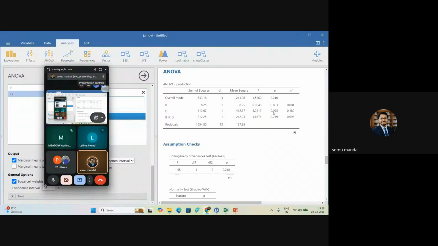So at a 90% significance level, please try to understand, irrigation area, so applications of irrigation has a significant impact on agricultural outcomes. There is a mean difference. There is a statistically significant mean difference in agricultural productivity in terms of irrigation, irrigated land or not irrigated land. But while we consider both interactions, there is no significant result.